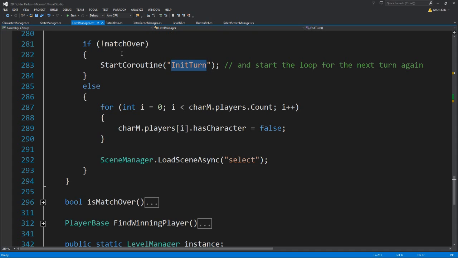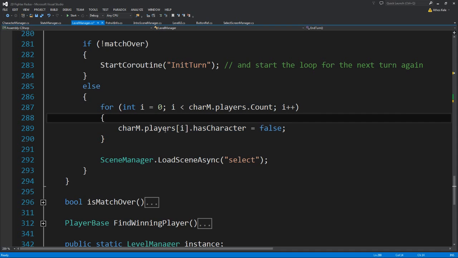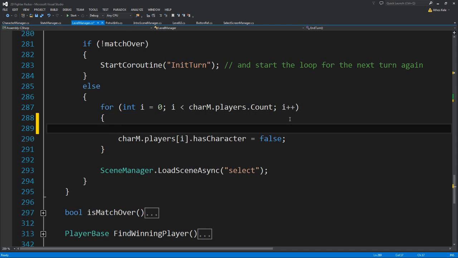If the match was over, then you need to come over here and say, for every character, make the character manager say that he doesn't have a character, so has character equals false, and load the select screen. And here we can say character manager all players